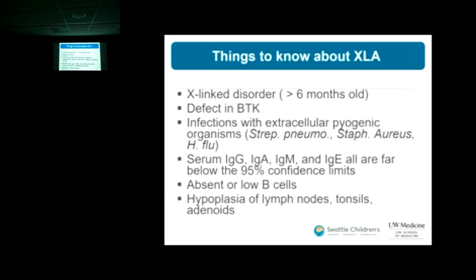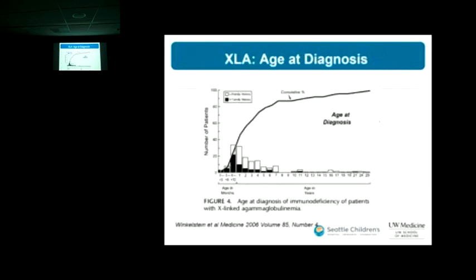and many of these patients will have absent B cells, but some of them may have some B cells, and some of these patients may be diagnosed a little later. One of the classic findings on physical exam is the lack of tonsillar tissue, especially in toddlers. But what I wanted to show this group is a review of 200 plus patients that Jared Wittgenstein had put together from data of the USIDNET,